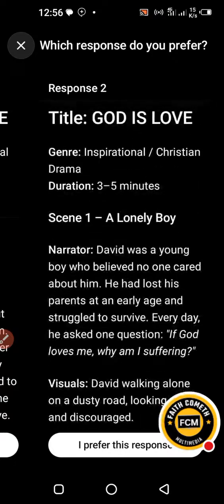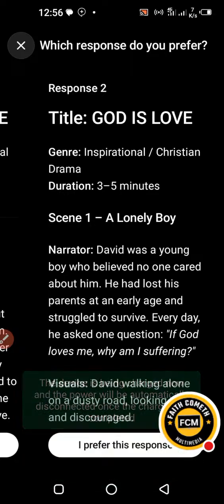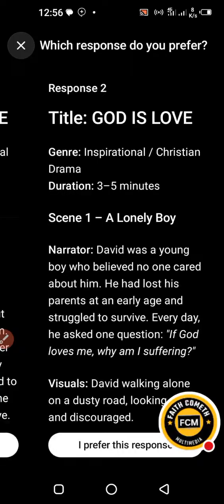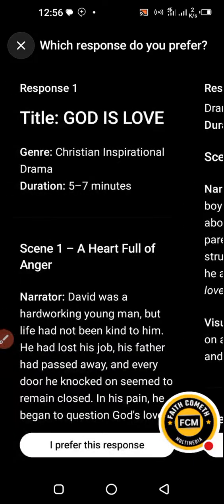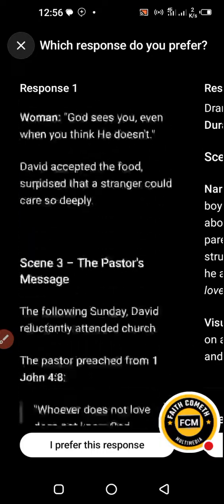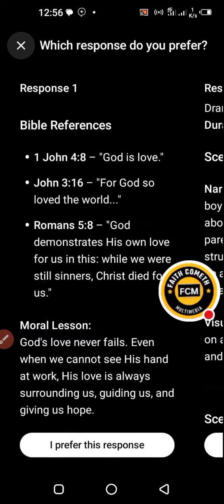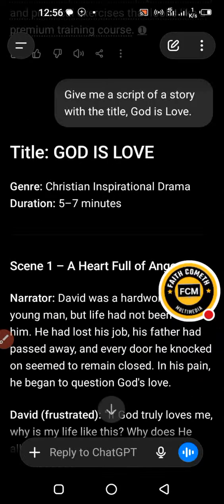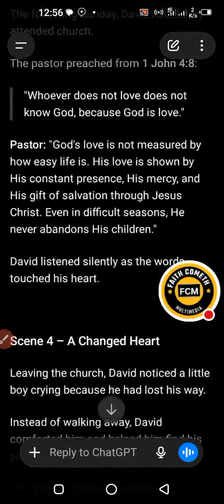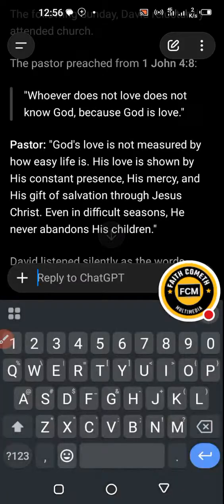I can't remember if I gave it a time, but it said duration 3 to 5 minutes. This is too long. Okay. So all I want is like 30 seconds. Though it's short, it's just to let you know that you can. What will I do now? Let me see the second one. This one is saying duration of 5 to 7 minutes. So I don't need any of this now because it will be too long for me. So what will I do? I will go back and then I will now say,